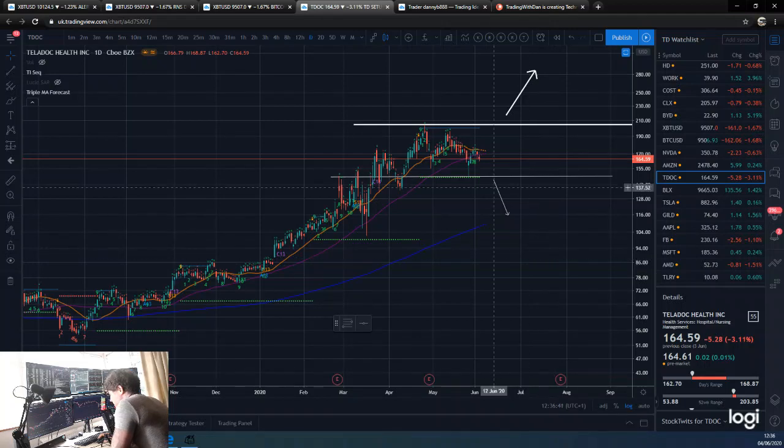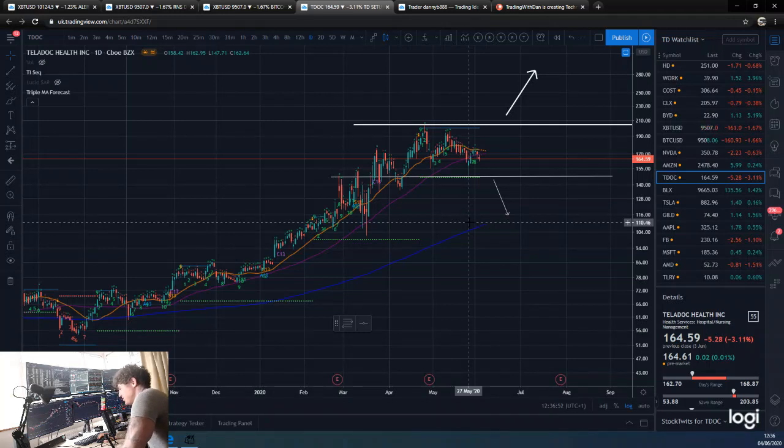So basically, this is what I think is the most likely. I say these things regardless of what I think is the most likely scenario, because that just goes to the side. You can see what happens when I have fundamental views on things. They often don't work out so well. Yeah, so it's a pure technical play.